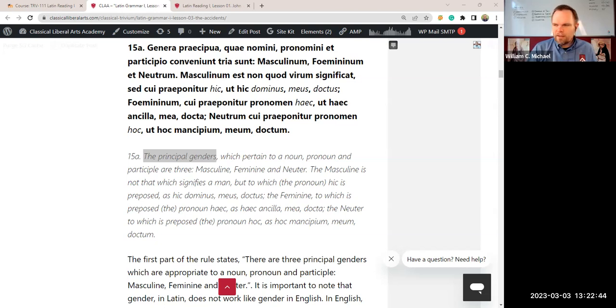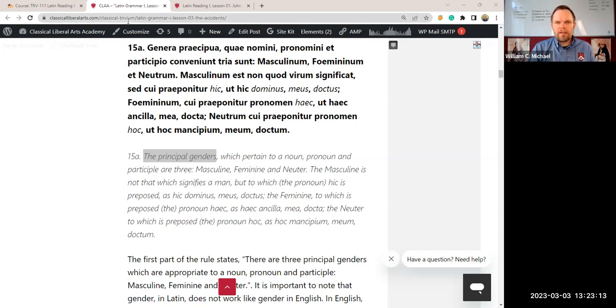Very good. Okay. So that's where we're going to start. Masculine, feminine, and neuter. That's like red, yellow, and blue in crayons. They're the primary genders. All of the other genders that we're going to learn are really just combinations of these, or they're problems caused by these. So the three main genders are masculine, feminine, and neuter. And like I said, the reason why these are so important is because